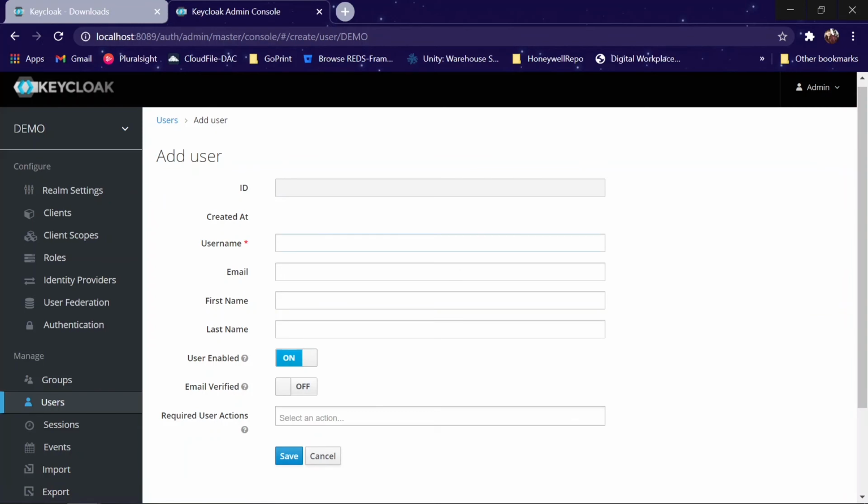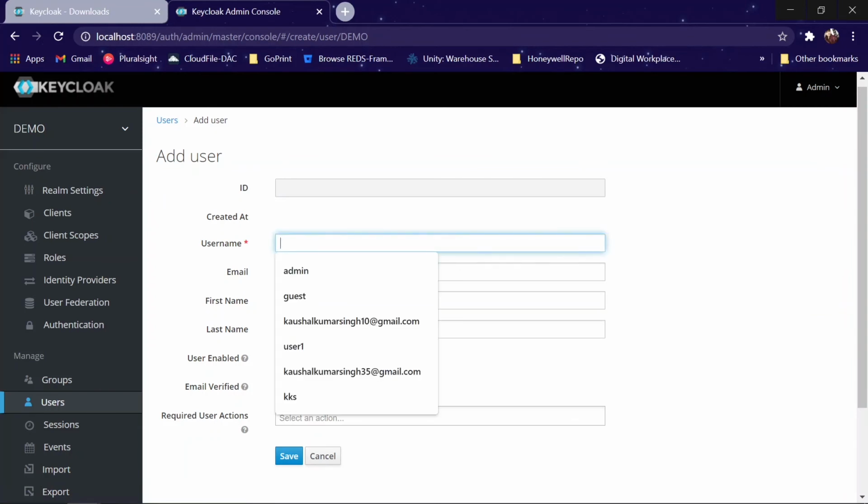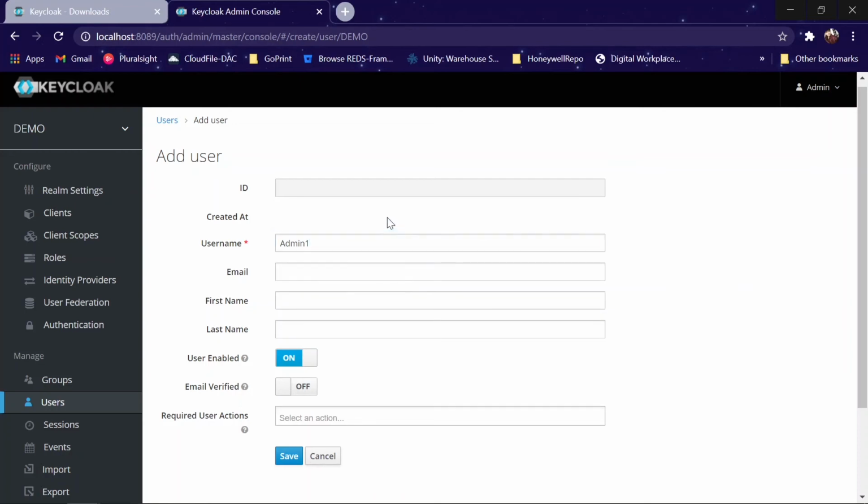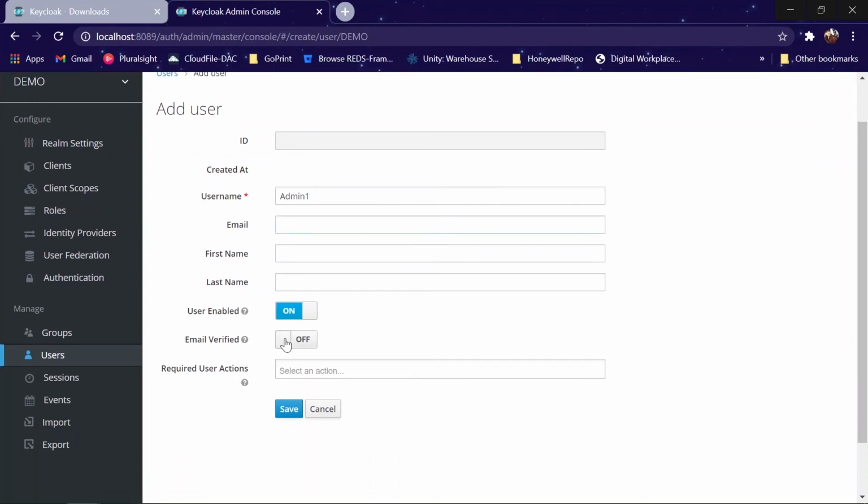I'm going to add a user. I'm making admin 1. Okay, you can have this email verify. That means you can ask for the email or user ID, whatever you want. So for the time being, I have made this user enabled. Okay, once you save it,